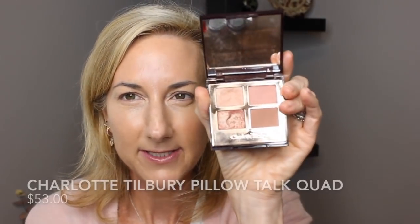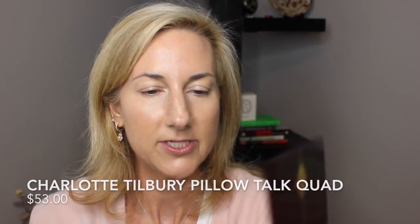Okay, so let's go ahead. I think maybe we'll use a combination of Ray and Molten, we'll see. But I think what I'll do is just lay down a little base color on my lid. I'm going to use the Pillow Talk Quad, you guys, and I am just going to place kind of this shade. I'm going to mix these two together to put just a little base on my lids before we play with those scattered lights. Just kind of a basic little wash of color, kind of bronze and rose shades. So I'm going to use the Ray